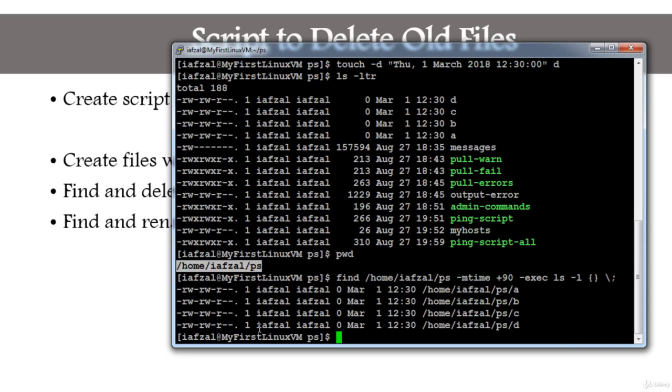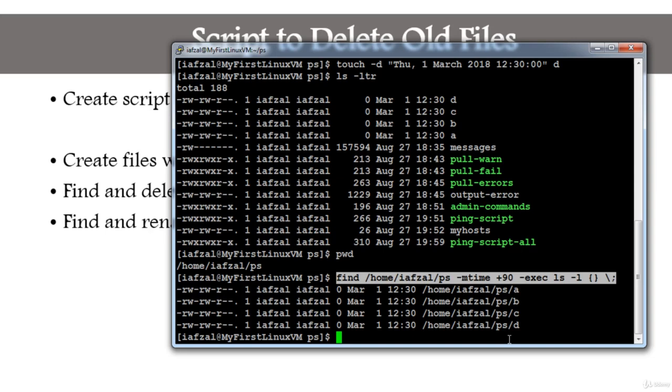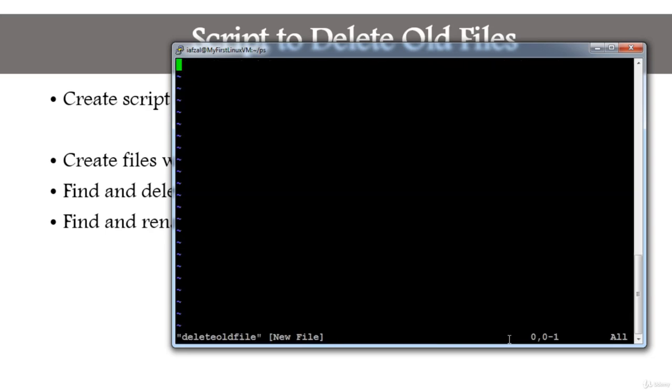Perfect. So now I will create a script that will do exactly the same thing, and I don't have to actually run it manually. I'll just crontab that job, and it will run on a schedule basis. So if I do vi, I will put delete old files. This is the name of my script. I will hit enter. And here what you need to do is bin bash, and the author